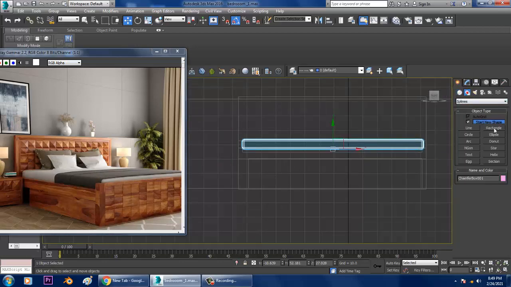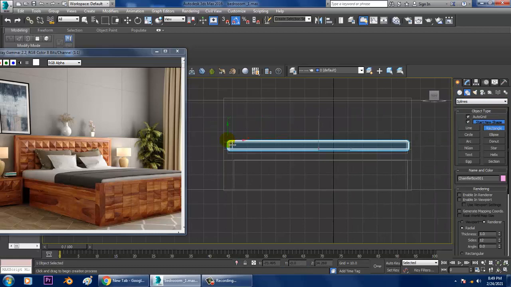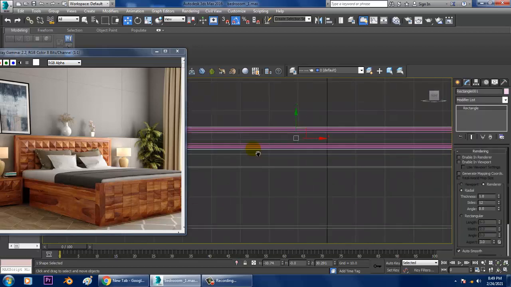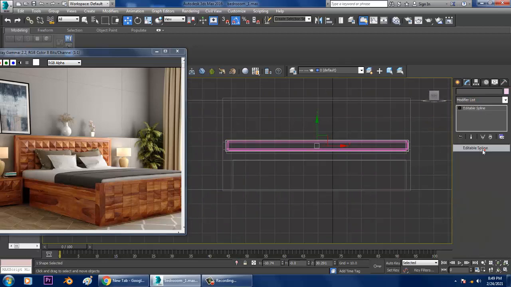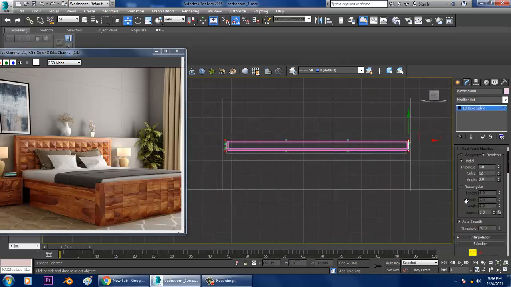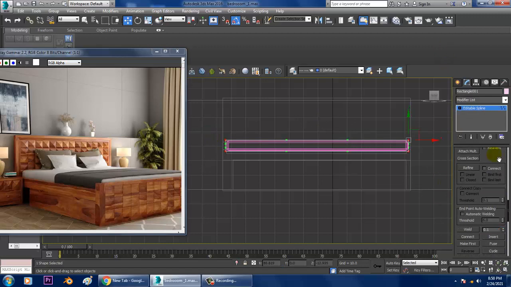We can go over here. Let's go into the spline. Let's take a rectangle over here. Convert to editable spline. Select the vertices and let's use fillet over here.